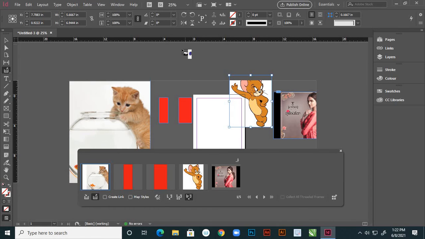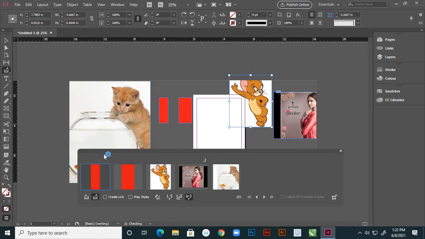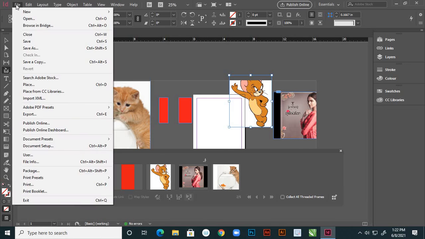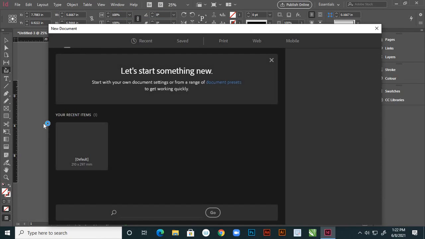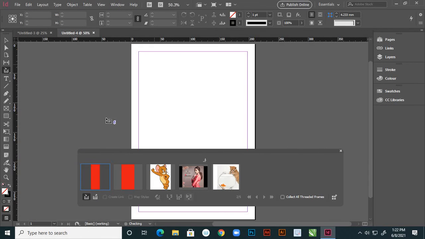Suppose here I'm placing this again, right? But I don't want it here. I want to place it in another file. Suppose I'm taking a new file, a document. I'm taking this, create, right? Here I'm using the content placer tool.